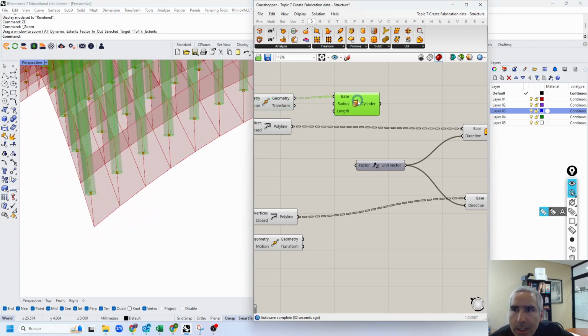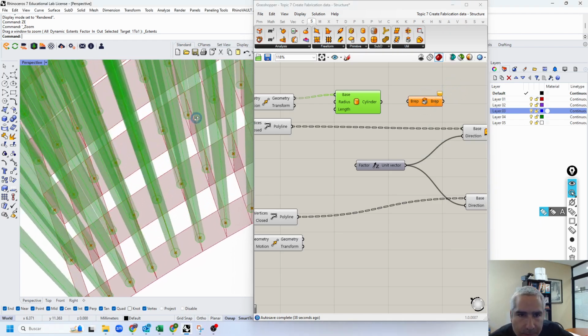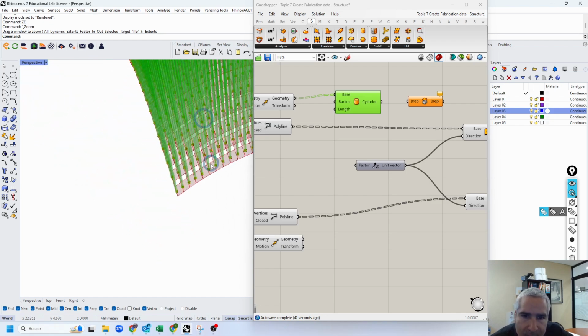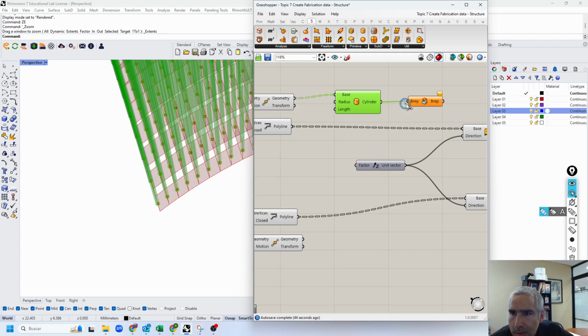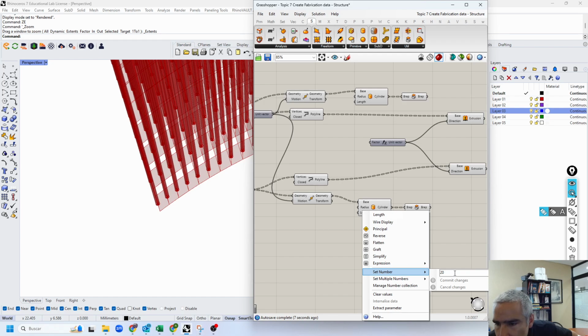And now we're gonna also go to Surface, Utilities, Cap. We wanna cap the holes of the cylinder. Right now the cylinders are open, and the caps are these ones. So that's the cap right there. And we're gonna do the same, but with these points over here that are arranged on the other data structure, and the length is gonna be